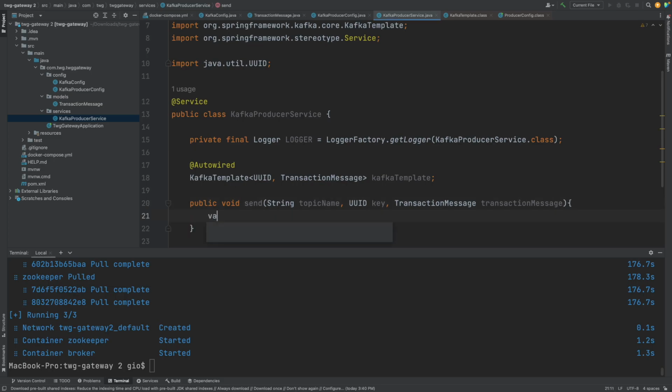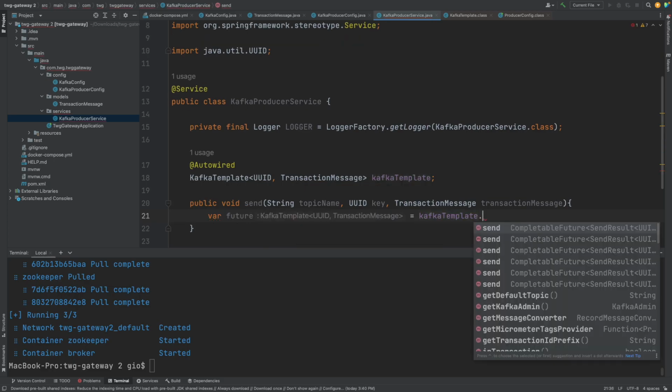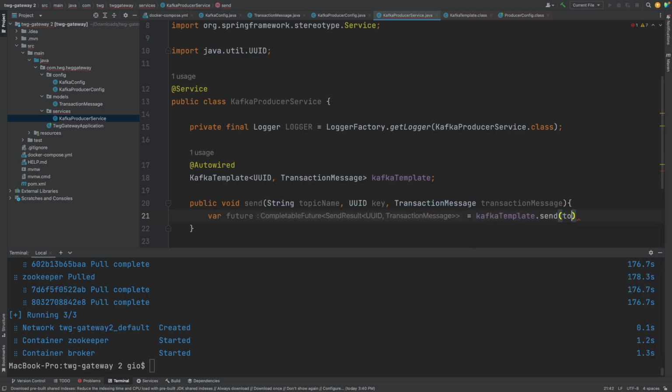So now we're going to have a variable, or var, called future, and that's going to be equal to kafkaTemplate dot send, and we're going to pass in those 3 values that we just took in: topic name, key, and value. Now really, taking in the topic name, if you know you're only going to use one topic, you could probably just make a constant here, but